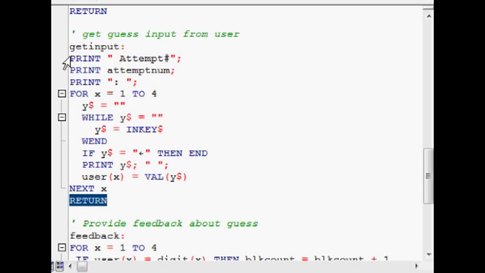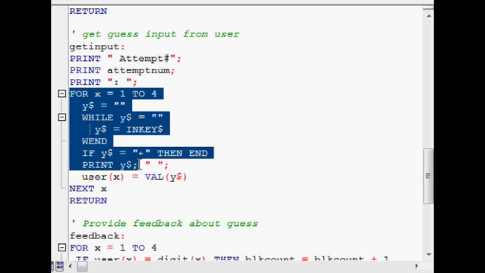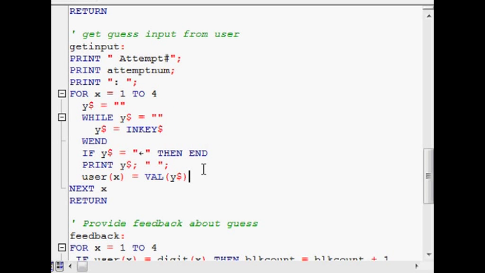So it puts attempt number onto the screen, and the number of their attempt and a semicolon as a prompt, and then it captures their keys and prints them onto the screen as they type them in, which is kind of awkward, because if they press a backspace key, it'll put the backspace character onto the screen. But you know, it's good enough for the game, I think. Anyway,